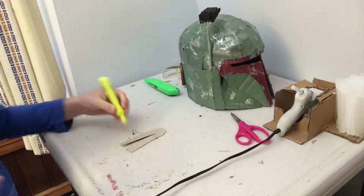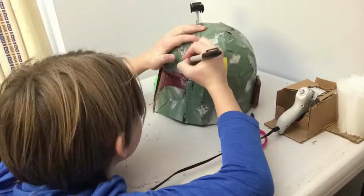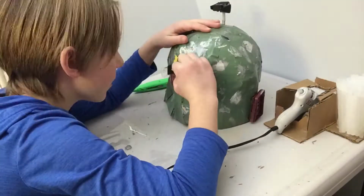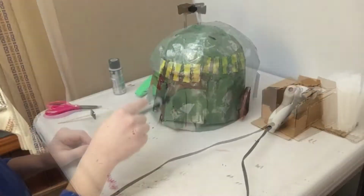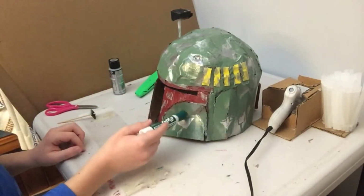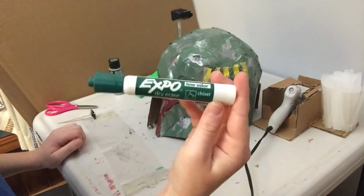onto the side that has the thingy, and then ruffle up the piece with a black Sharpie marker, and also use some silver acrylic paint to weather up everything a little bit more. I'm going to make this earpiece green, and also make these pieces here green by using a